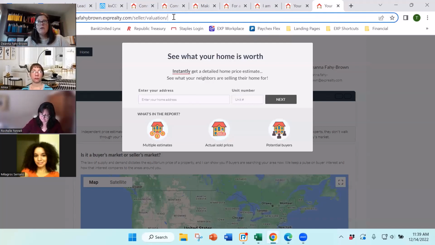So there are free or paid services that you can research on the web. Our QR code, both at my individual agent level and at our team level, goes to our home pages for either my individual site or our team site. If you wanted a QR code that specifically took you here, then I don't have one that I can recommend, but I know that there are numerous ones out there. And if you just Googled how to get a free QR code or how to subscribe for QR codes,